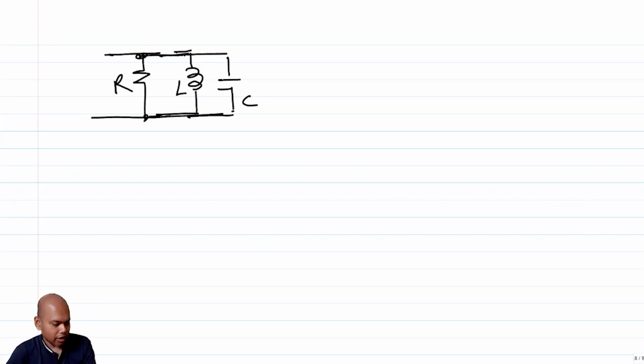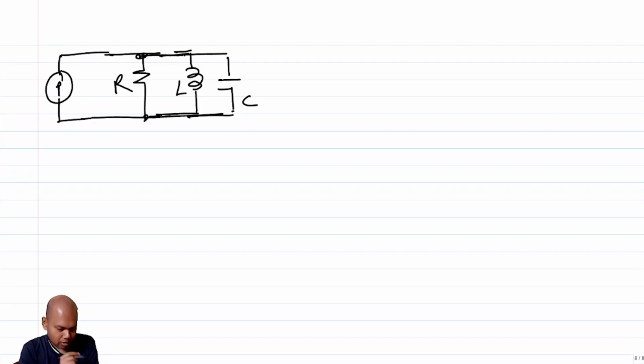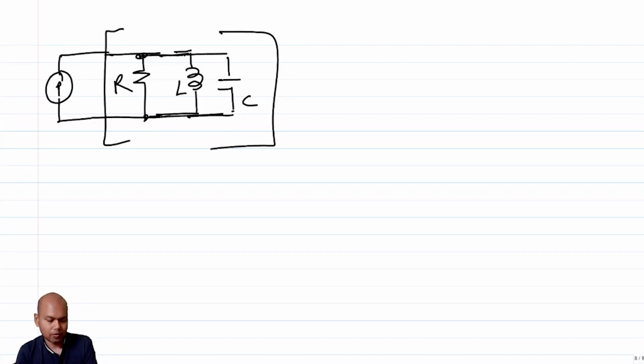Okay, and let's say you are driving it with a current source. I'm not showing the current source, but you can as well show it. There's no harm done. But I'm interested in only the stuff inside the box, correct? So what is the voltage? Let's say once you have driven this, the voltage across the capacitor,